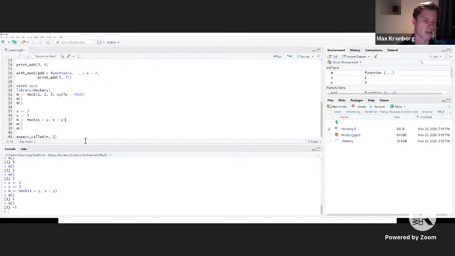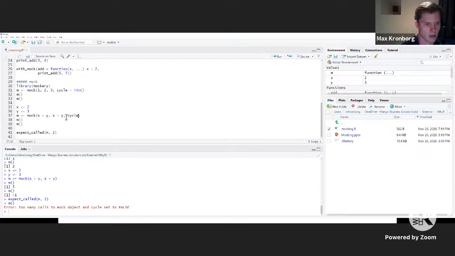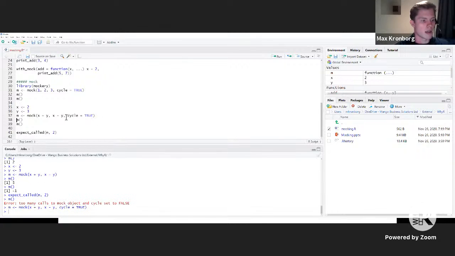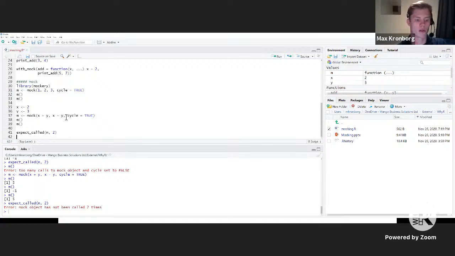So if we run this, we can say we expect that it's been called twice. If we run it one more time, it's now been called 3 times. Oh, but we're missing the cycle, so we just have to add that back in and then run it 3 times. If we call this again, it'll error and say no, you actually haven't called this 3 times. It gives you a way to test how frequently this value generation has been called.